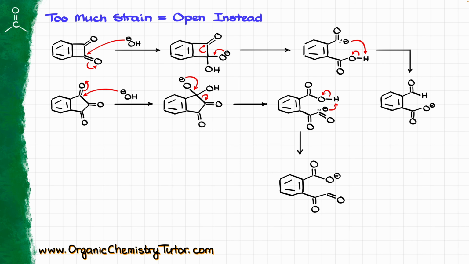This species, however, that I have here is not the final product, and what we are going to see is that this part of the molecule is going to undergo the intramolecular Cannizzaro reaction, since we're still working in the basic conditions, giving us a dicarboxylic acid as the actual final product. And what exactly the Cannizzaro reaction is and how exactly that one works, that goes beyond the scope of this particular video, and I shall talk about that